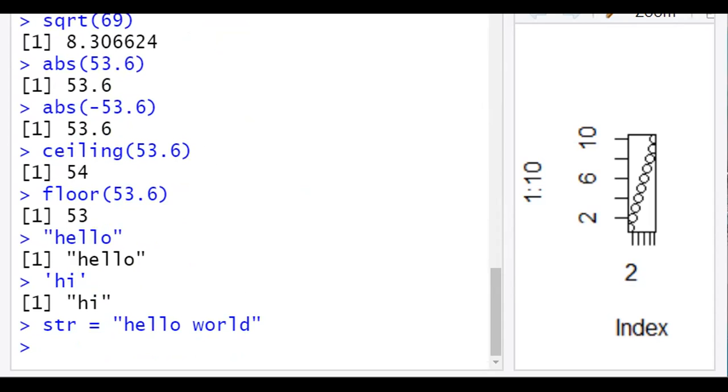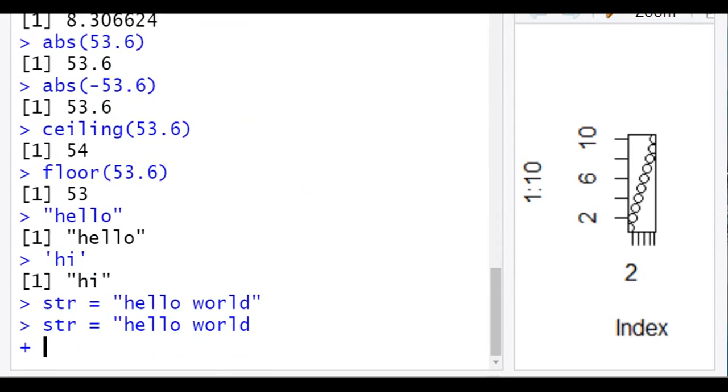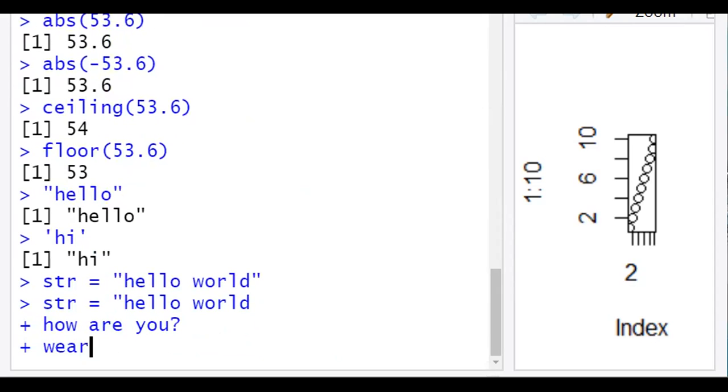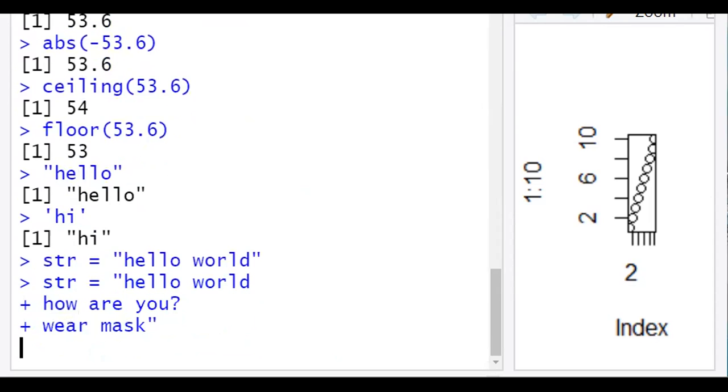Multi-line strings are also possible. We can have a string in multiple lines. If we don't close it, it will keep waiting. When we close it, the string gets ended.